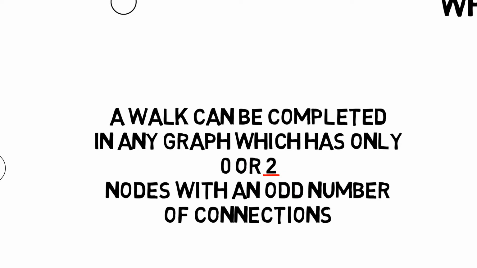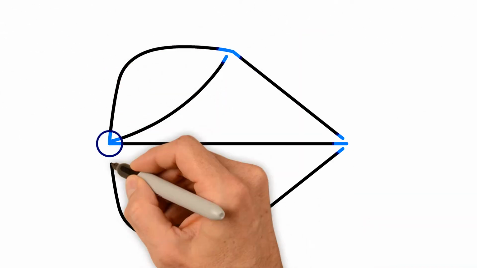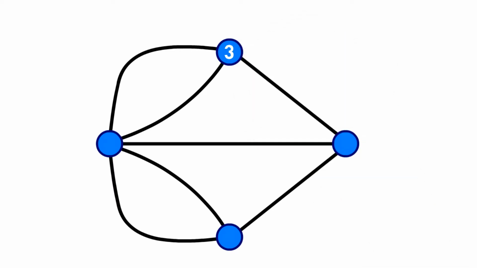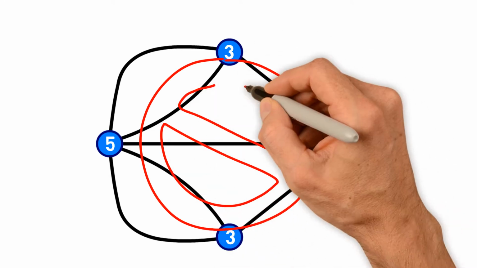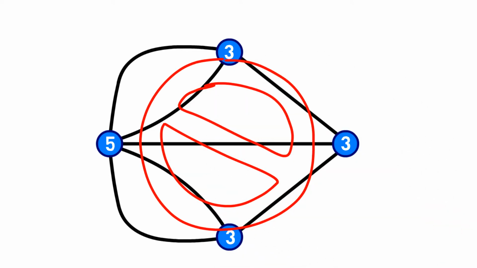So, coming back to Königsberg, all the 4 islands have an odd number of edges. 3 islands have 3 edges, and 1 island has 5 edges. So, according to this rule, it is impossible to solve this riddle and cross all the bridges only once. The type of walk described by the riddle became known as an Eulerian walk,